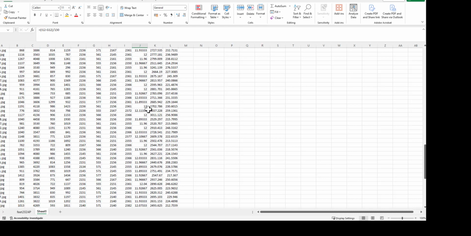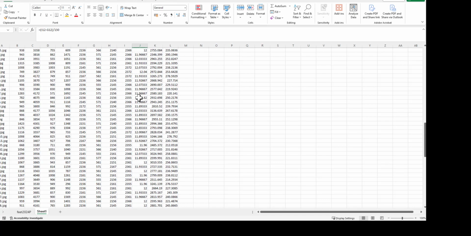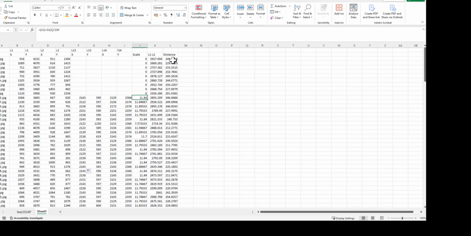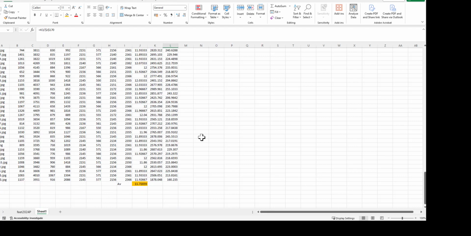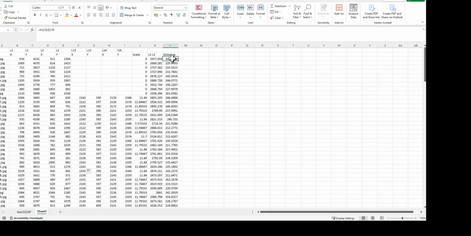So I've gone down to the bottom and I've done an average of all those measurements, so averaging the scaling. And then of course I can then go K3, or that column, and basically the dollar signs mean it's fixed to that cell, the scaling cell, and I've scaled them, and these are my true millimeter scales, so we could actually say that these are now millimeters,